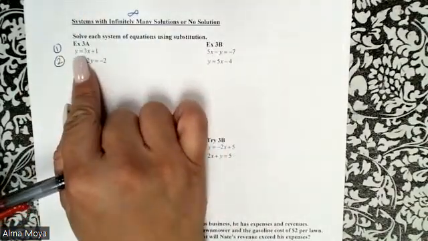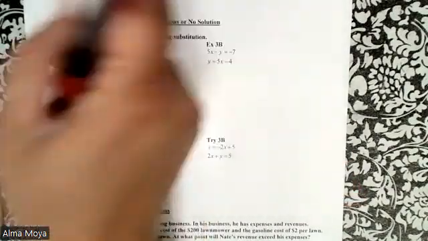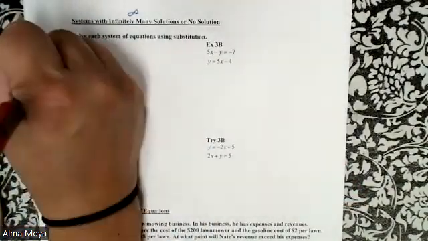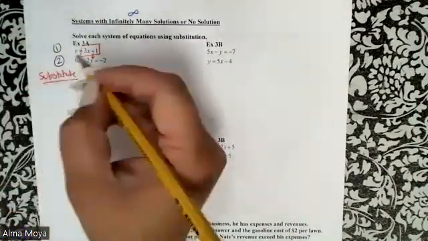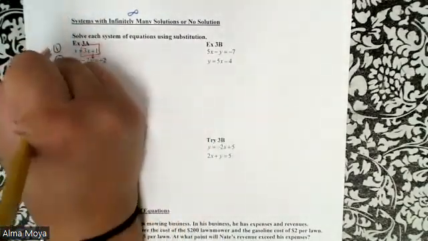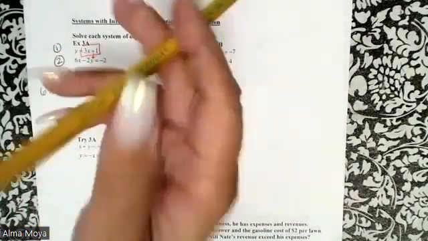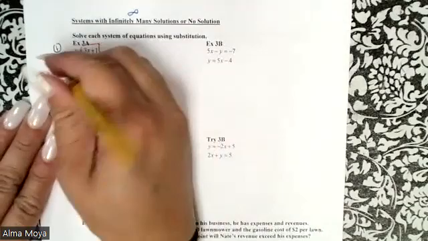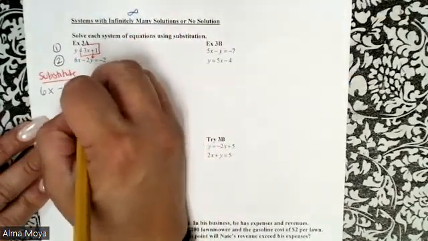Now look at right here. It says y equals 3x plus 1. That is what's going to get plugged into the second equation. So the first step is substitution. I'm going to write equation 2, which is 6x minus 2y equals negative 2. I'm going to erase the y and plug in 3x plus